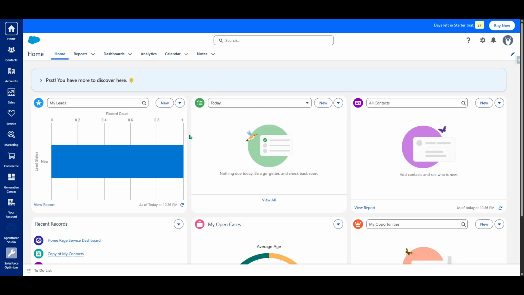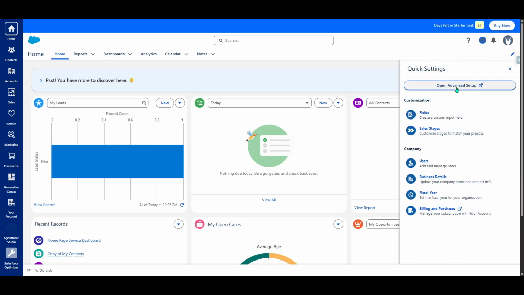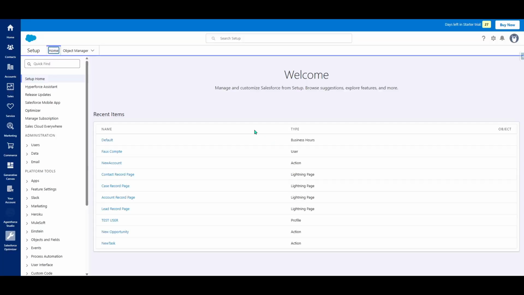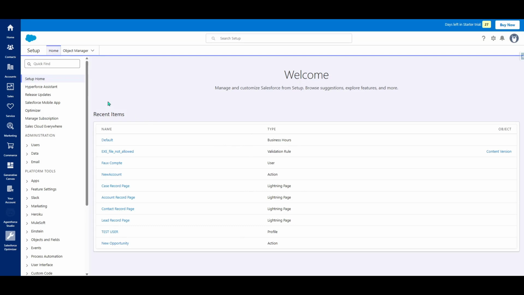Start by heading to the top right corner of Salesforce and clicking the gear icon. From there, select Open Advanced Setup. This takes you into the admin area where debugging tools live. On the left side, you'll see a search bar. Type debug logs, then select it from the results. This opens the debug logs page where you can view existing entries and create new ones when you need to